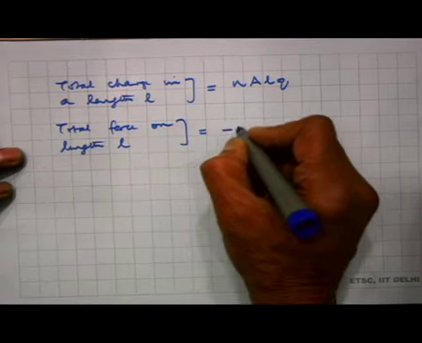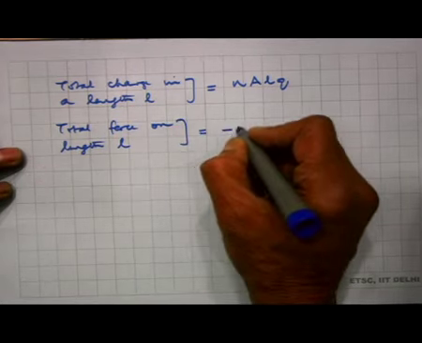And I know the current as before: we had done before, current I is equal to N times A times v times q, that is the current flowing through this. So, the total force on length L is equal to minus I B L sin phi j cap, which is nothing but I L cross B,